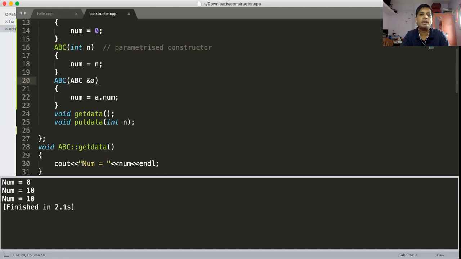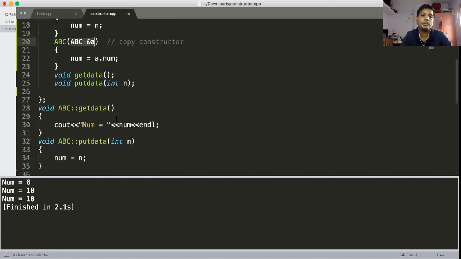So always remember that in a copy constructor, you are taking the argument as an object of the self class. The constructor is ABC, and you are receiving the reference to the object of the same class to create the copy of that object.